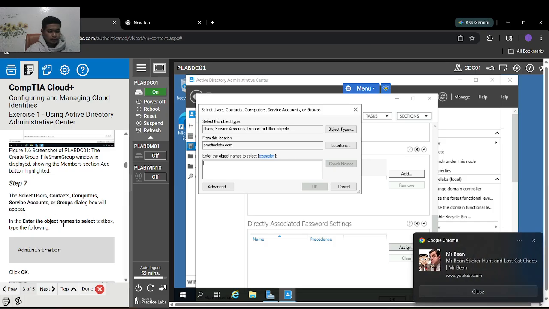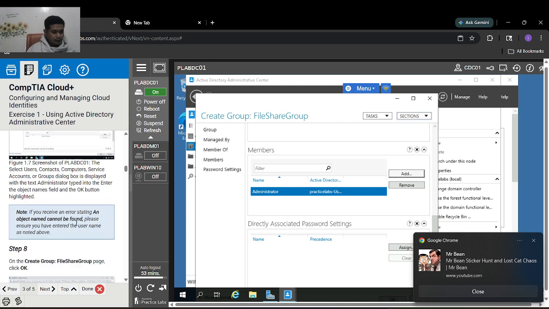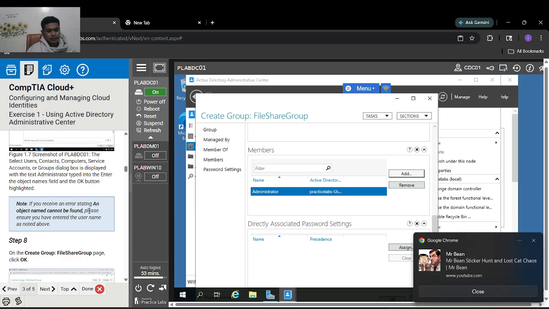Enter the object name into the text box, and select Administrator. Click OK. If you receive an error stating an object name cannot be found, please be sure you enter the username as noted above.